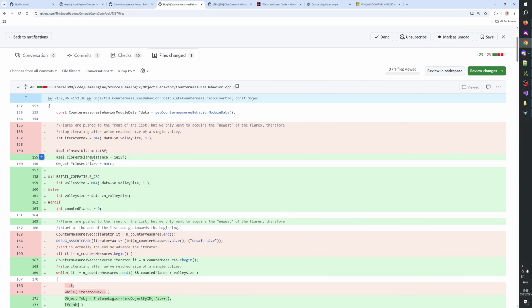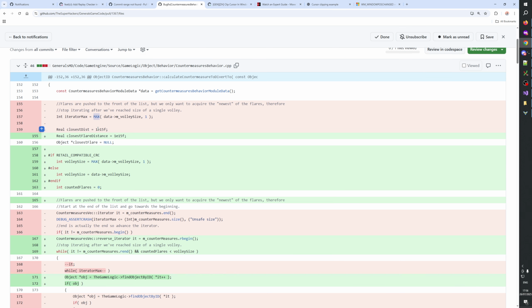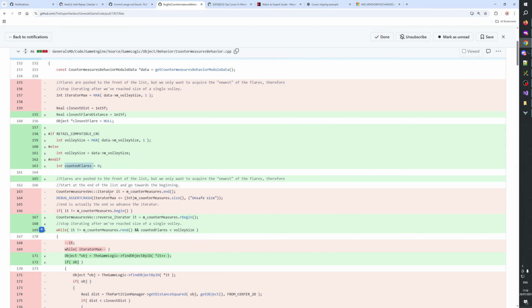Okay, closest flare distance. Volley size, max volley size 1, volley size. Counted flares, volley size.